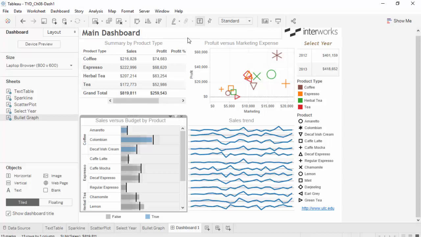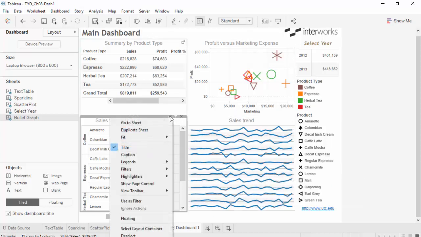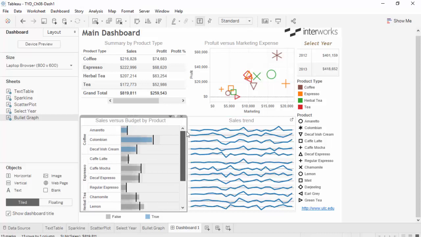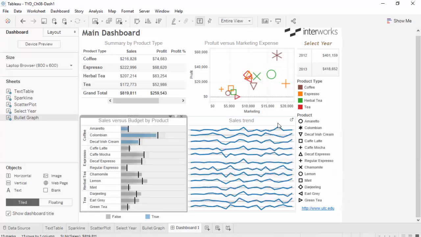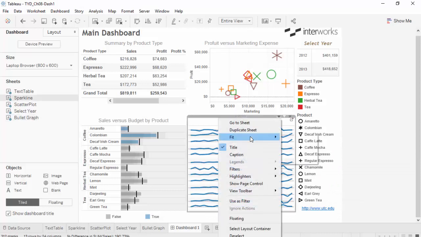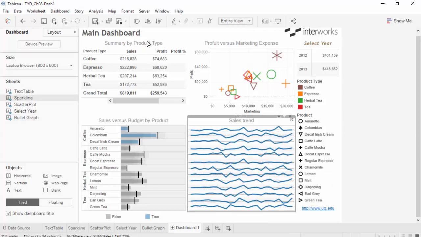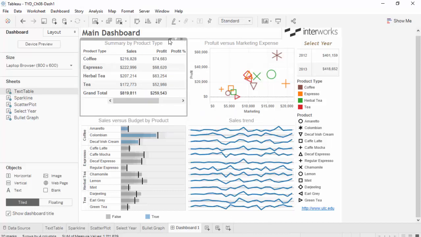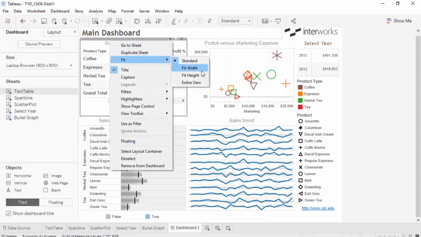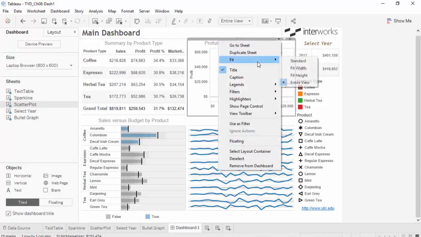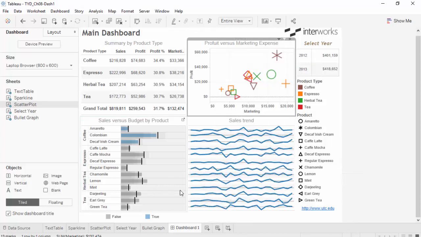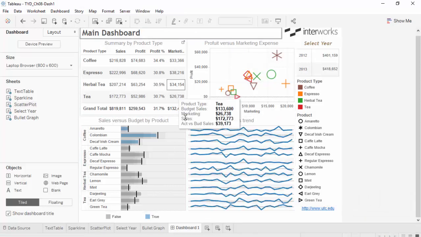Next, we're going to make sure that all of them are visible in full instead of having to scroll. Having to scroll is not a good idea. So you need to go to the down arrow, fit entire view. Make sure that all of them are like that. Entire view. Okay, so that's good. Now this one we are having to scroll. So fit entire view. Same here. Fit entire view. Okay. All right. So now we can